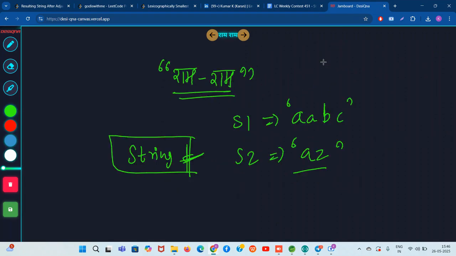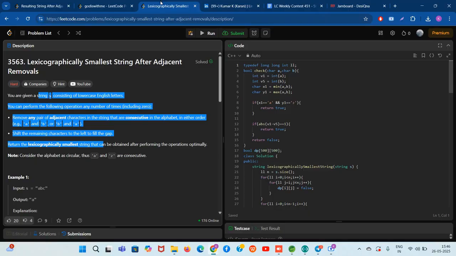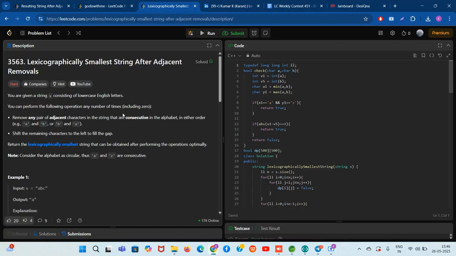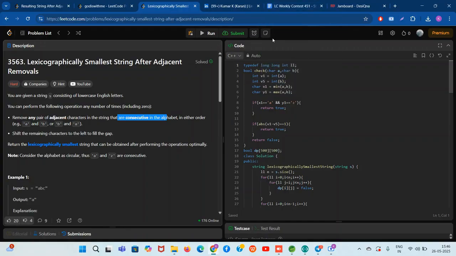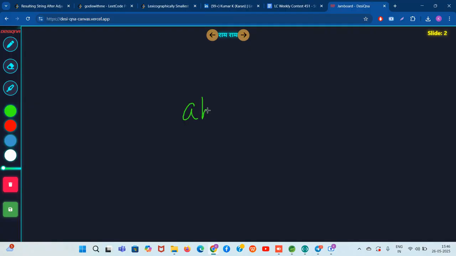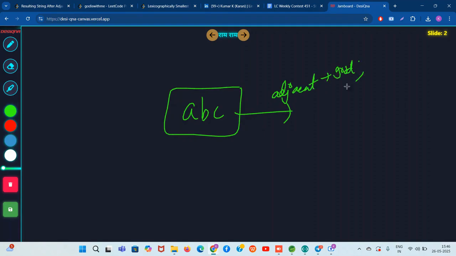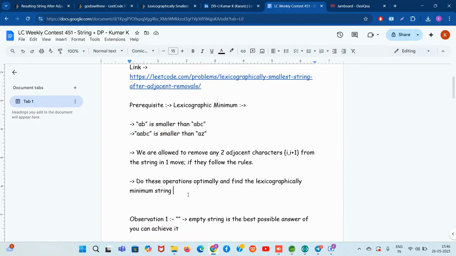So they are saying that in one operation, what you can do is that you can remove some characters. You can remove adjacent characters in the string if they have some special property. What is that property? I hope you have already understood in the second question. Okay, wait, I will show you. Like A, B, C is there. What you can do, you can remove any adjacent characters if the adjacent characters are good. What is the meaning of good? Adjacent characters are good